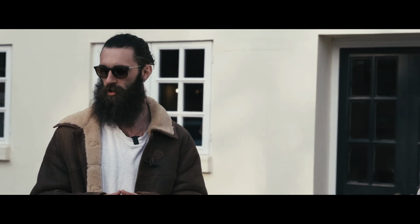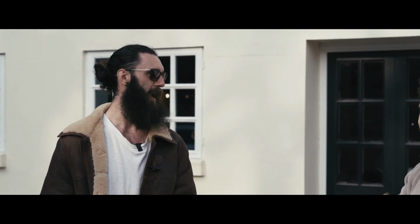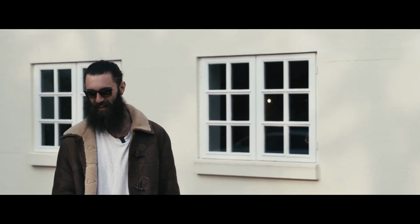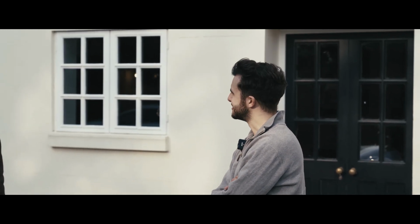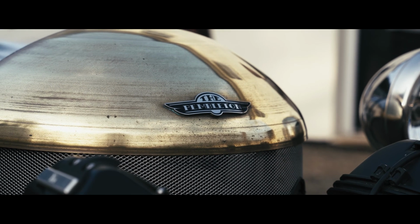There's nothing else you could say to get across to people who haven't driven this car how it feels, other than driving a go-kart when you're a kid. As you say, when we first met, you hadn't driven one before, not really knowing what to expect, but you get out there and it is different. It's hard to put into words, but...